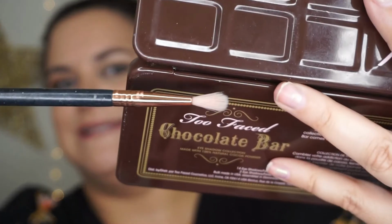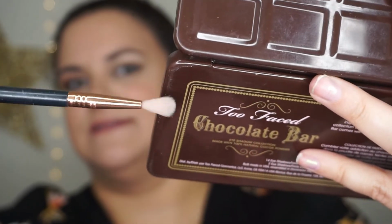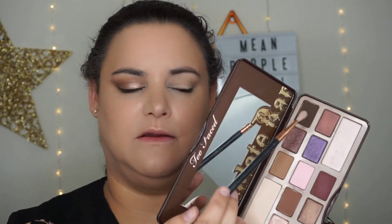And then I have a really small blending brush here. This is the E36 from Sigma. I love this little brush. It's so petite and so soft. It's great for blending. I'm going to pick up the darkest brown shadow in the palette